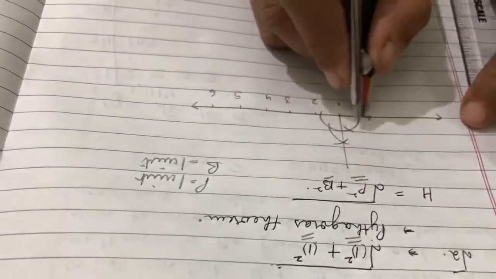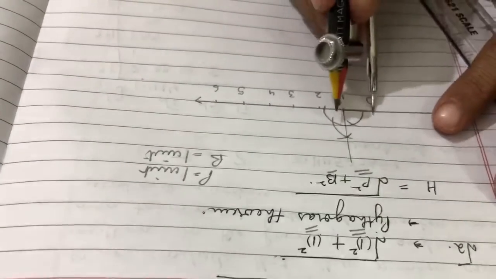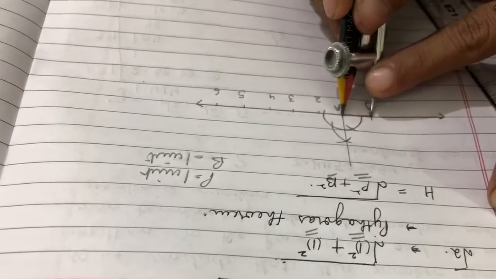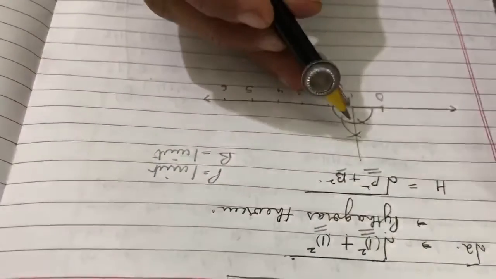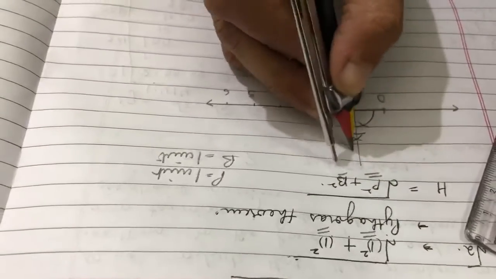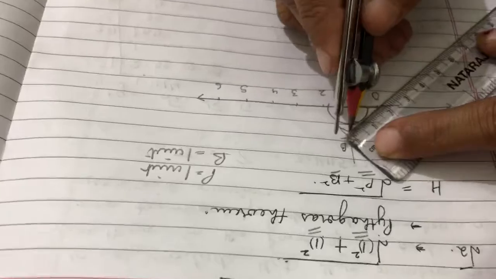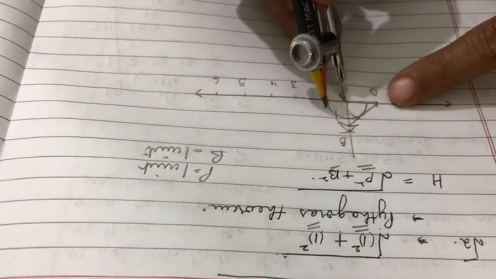I have taken the base as 1, as you can see. It's represented by OA. Now the same dimension, because it is 1 unit, whether you measure it from here or measure it from a scale, you have 1 unit. You draw an arc with a compass and mark this point as B and then join it to O. Perpendicular you have got, base you have got.